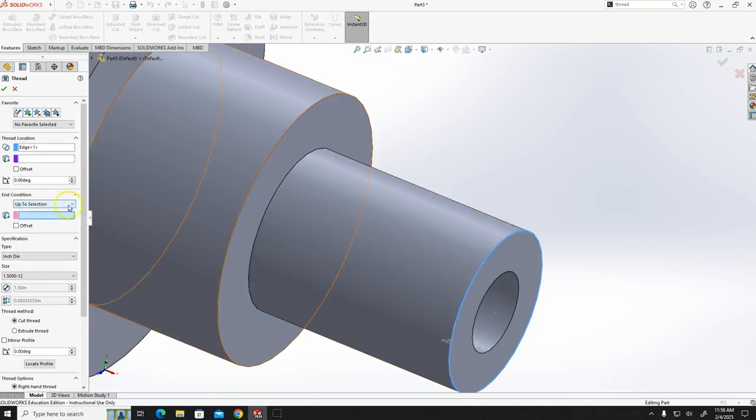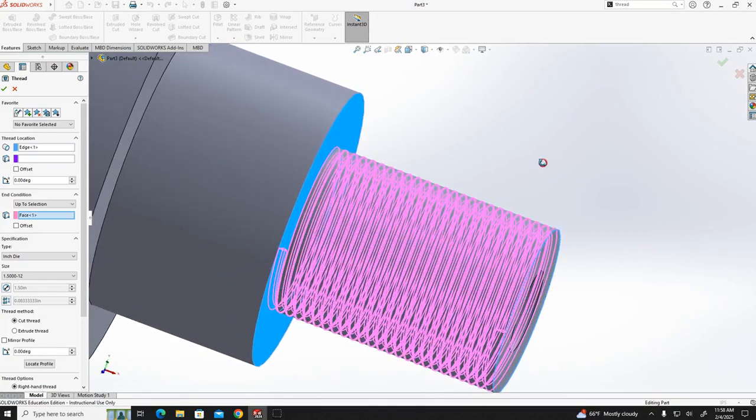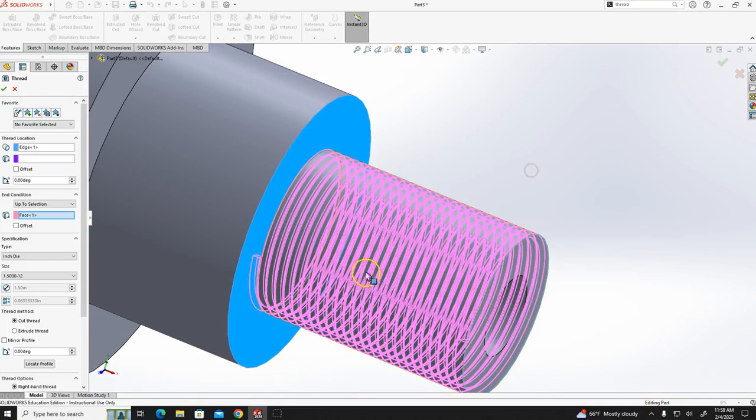If I choose the up to selection option, I can choose up to which face or up to which surface I want these threads. So under the end condition, if I choose up to selection and I choose this face as a reference face, it will create the threads up to that particular face. So you can see this is the preview, blue lines, that is the threads which will be created, and